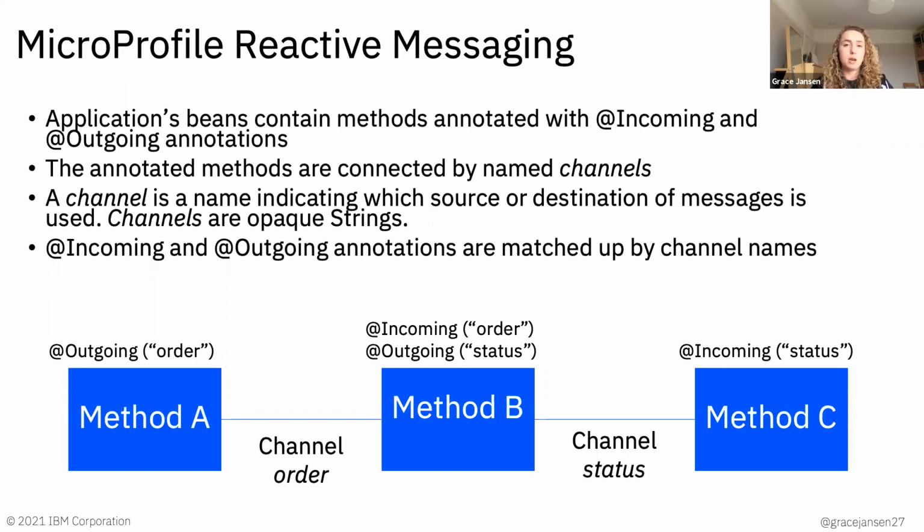And then there's also something called an external channel. So for example, if I wanted to communicate with an external messaging broker like MQ or Kafka, I could use an external-facing channel, which is actually called a connector. So it's a slightly different name. You can see here we've got the annotations, the channels, and the connectors, and that's what we'll be utilizing in the interactive lab today.